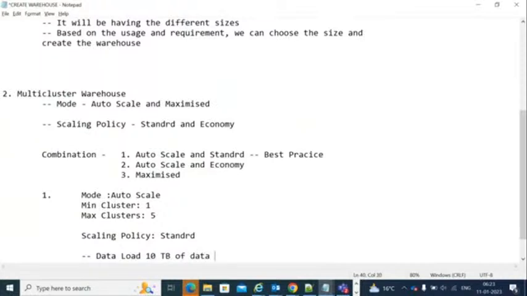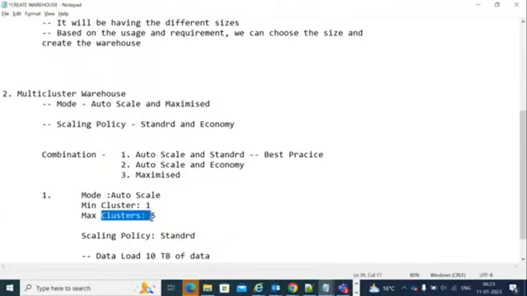This is one scenario. If you create your virtual warehouse as a multi-cluster warehouse with mode auto scale and scaling policy standard, and you select minimum cluster 1 and maximum cluster 5,